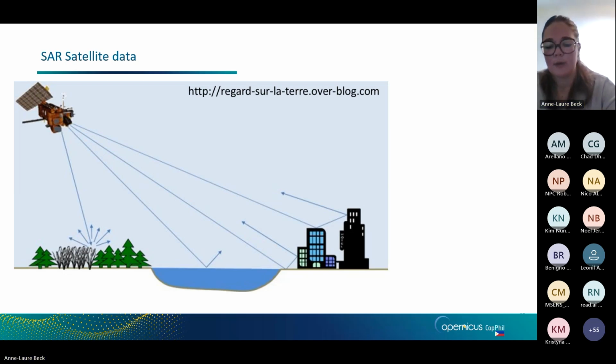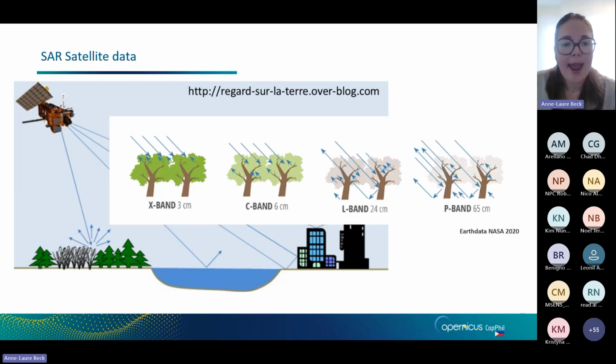So if we take the example of trees, on X band I have very narrow information. The wavelengths are really close to each other because I have a very small wavelength. So I'm not going to be able to reach a lot into the trees. At first, it's going to directly bounce back on the first leaves at the top of the canopy. On the C-band, a bit wider, I have more space. The wavelength is a bit bigger,